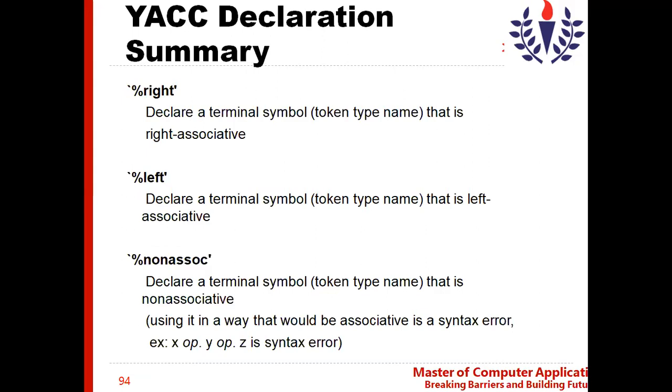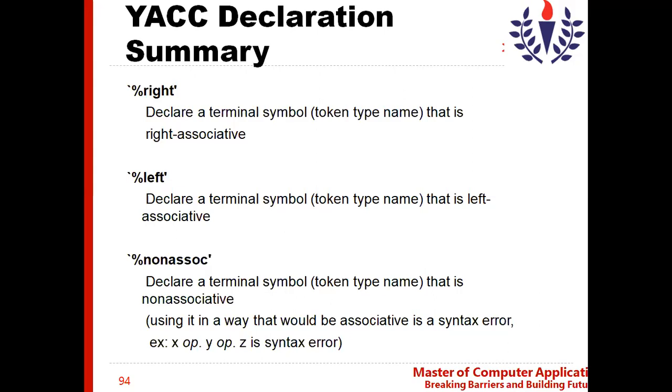Whether it is a right to left associativity or not will be decided by this. So when you keep the symbols over there, that will be right to left associativity. And when you have the percentage left, which is used to declare a symbol, that is